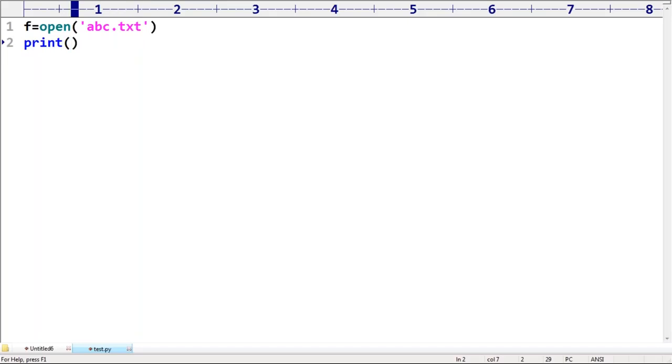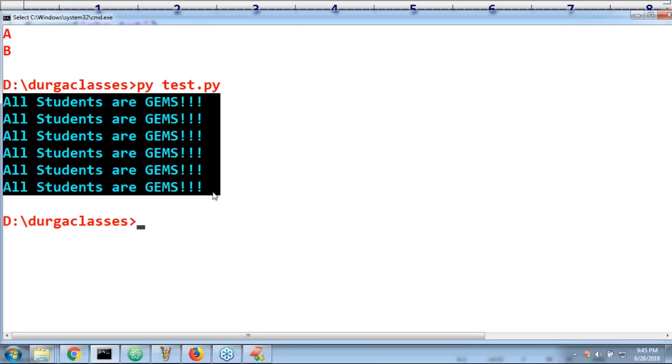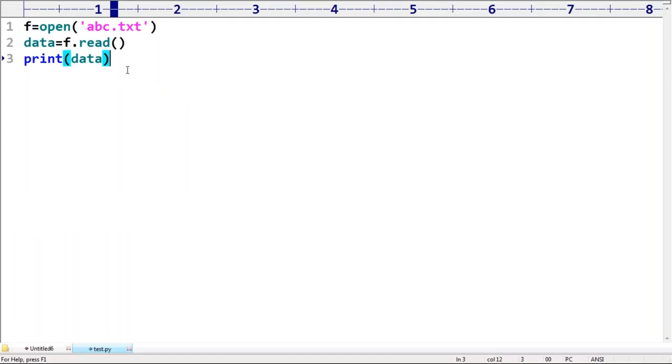So here, let me read the data. Data is equal to f.read. Print of data. Whatever data is inside abc.txt, we are going to read and print. Now observe what data is inside abc.txt. This is the data there. But highly recommended: